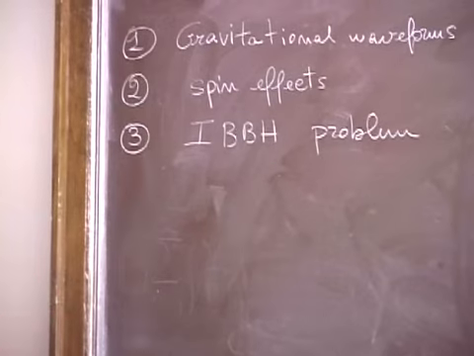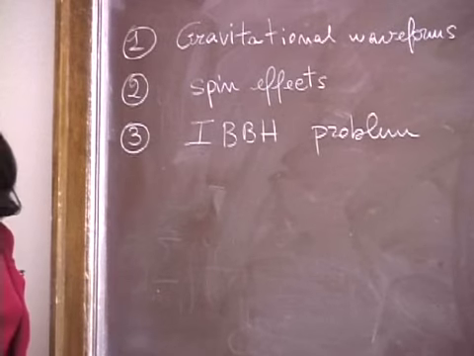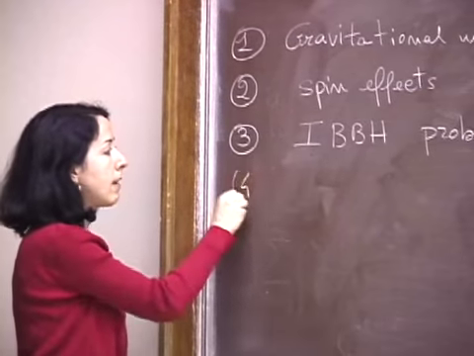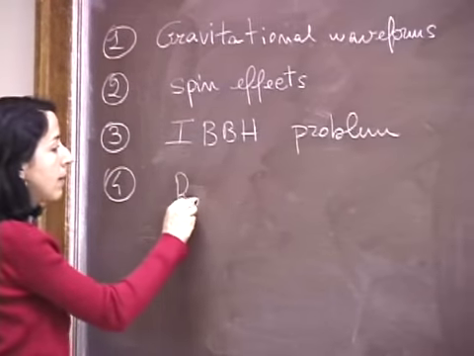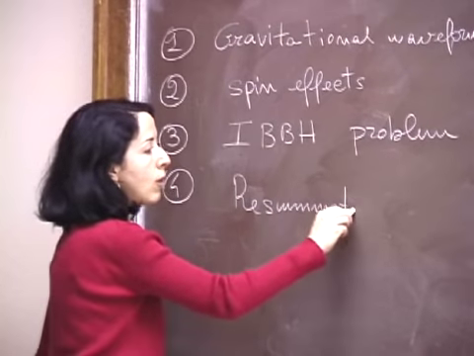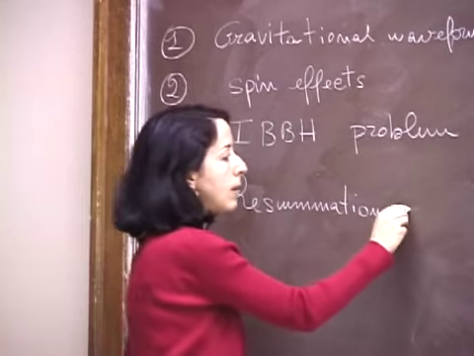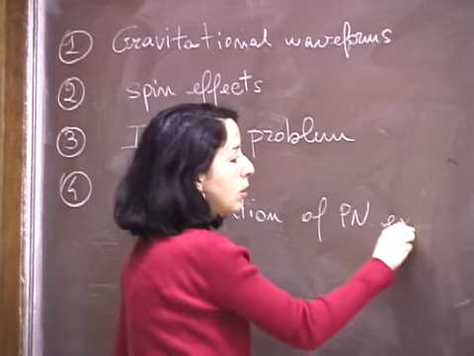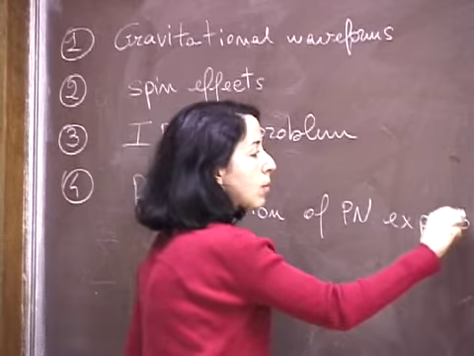And then I'll describe what is called the intermediate binary black hole problem that Kip also mentioned before. What is the main issue here? The fact that the post-Newtonian expansion at some point fails. And as the last point, I will discuss some analytical methods that try to resum the post-Newtonian expansion and try to deal with this intermediate region.